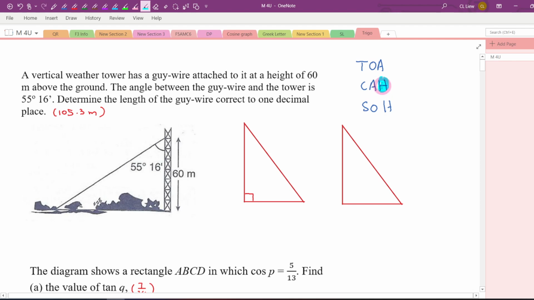To determine which side is the hypotenuse, the majority of students will have no problem, because the hypotenuse is always opposite the right angle. But to determine the opposite side and adjacent side, some students have some problems. They always confuse which side is opposite and which side is adjacent. Now, let me show you here. If the angle is over here,